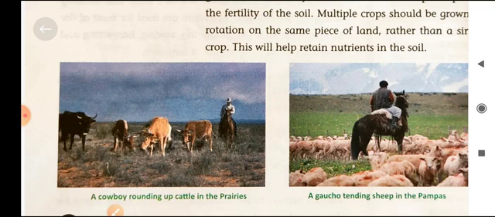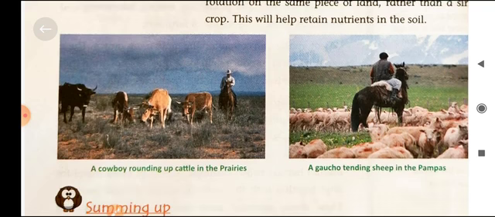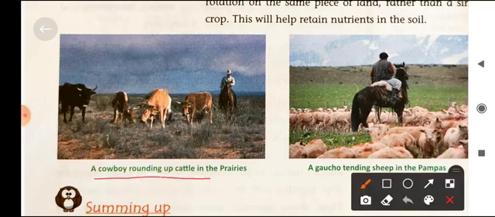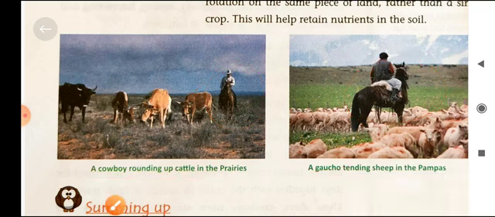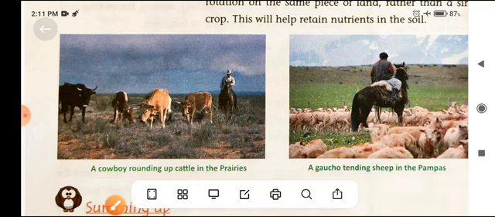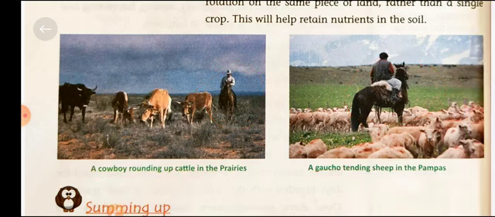So you see here the cowboys with the cattle in the prairies, and the gaucho with sheep in the pampas. These are ranchers in different grasslands of the region. So in this video